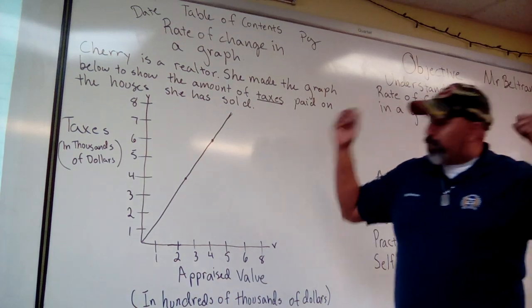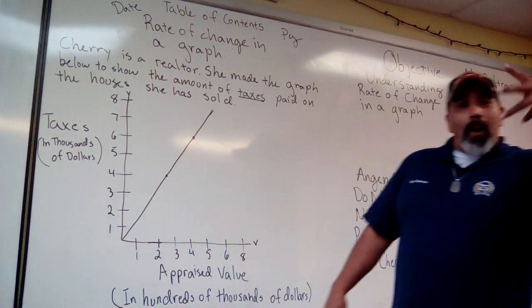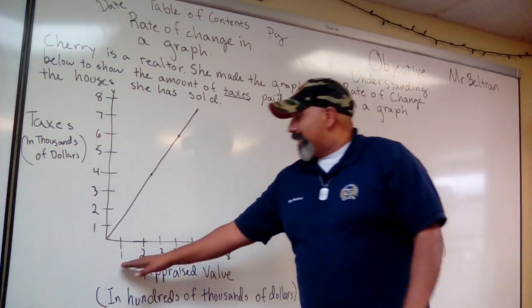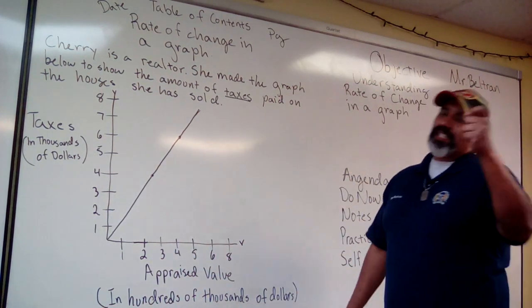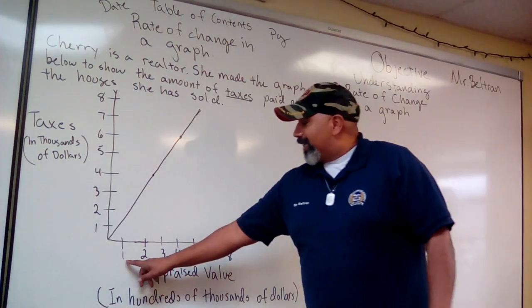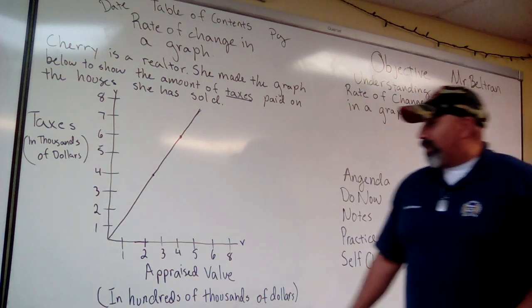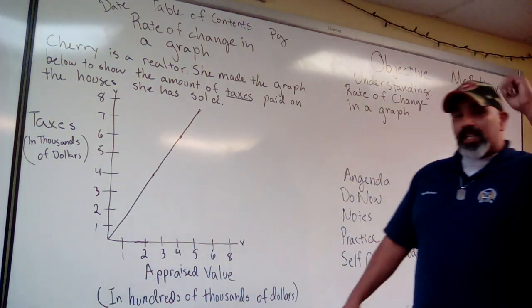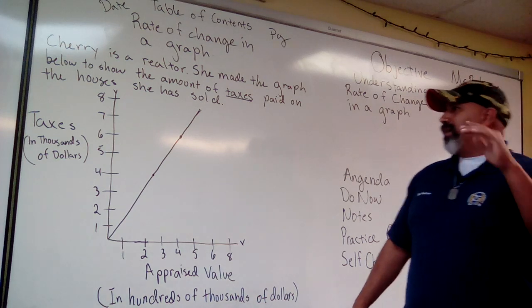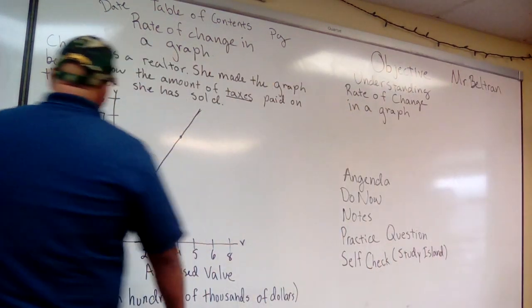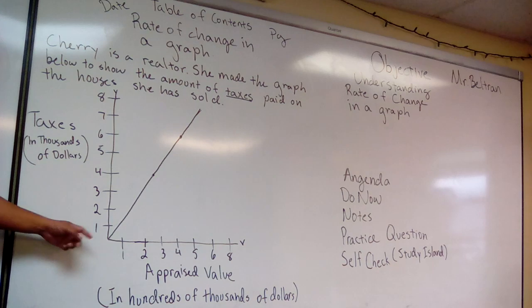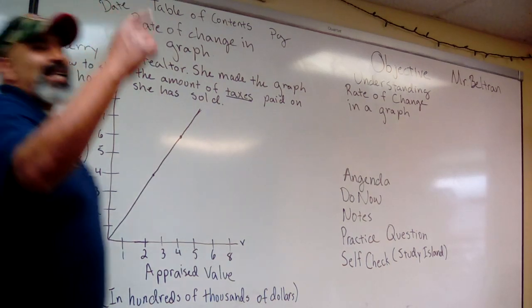Of course, when a house is appraised, it's not going to only be appraised for $1. And sometimes when you write all those numbers in, it can get confusing. So right here, instead of just being 1, it's going to be $100,000. Right here, instead of 2, it's going to be $200,000. Over here, we have taxes on our y-axis. Instead of taxes, 1. Can you go ahead and press pause when we get that? We're going to do this video